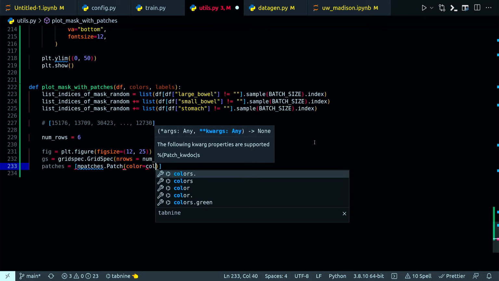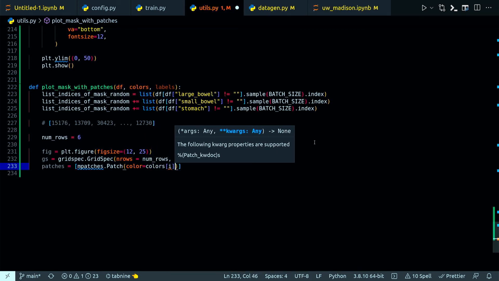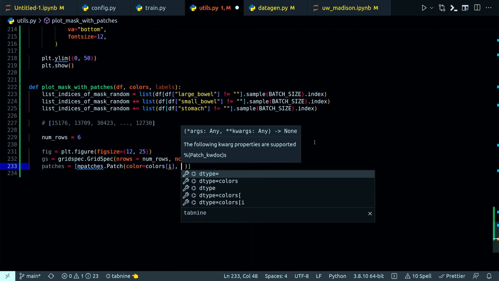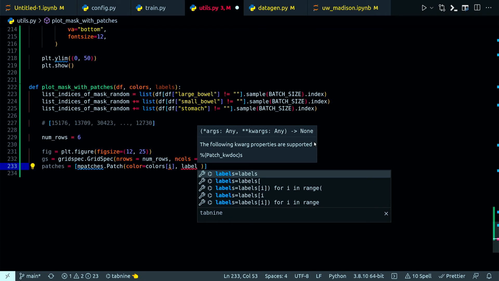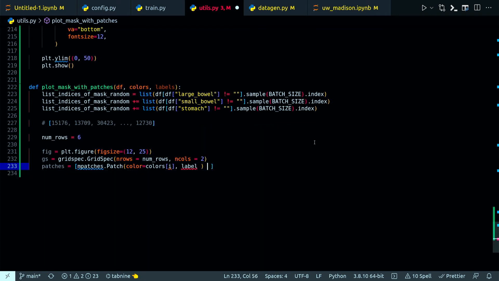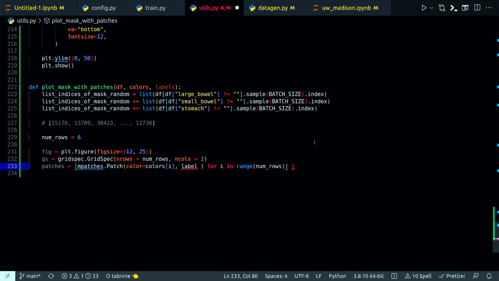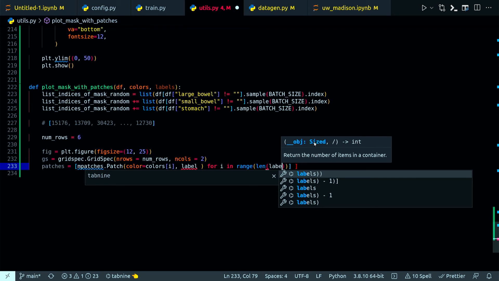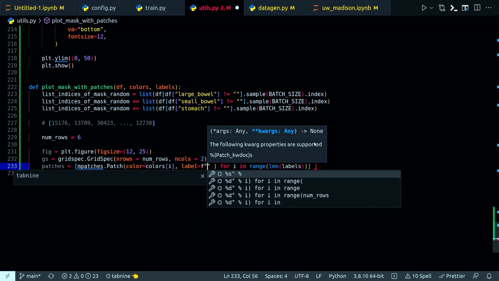Color equal to colors[i]. Label, let's first complete this statement, then I'll come to label. For i in range, and label equal to